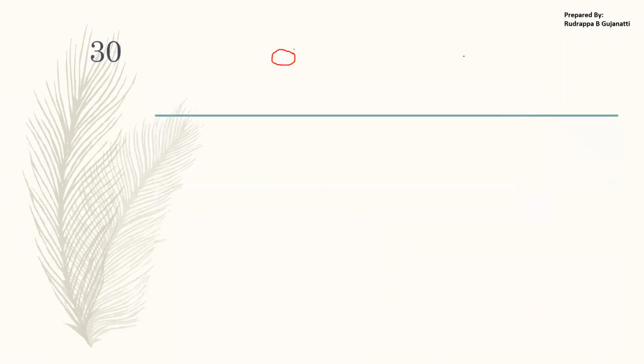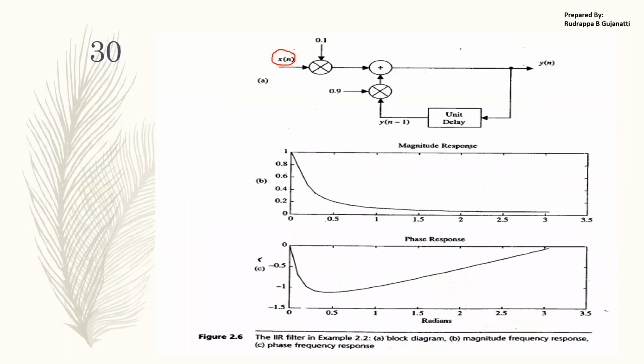So in order to implement the entire difference equation, you have x of n. x of n has to be first multiplied with 0.1, so I'll be getting 0.1 times x of n. This has to be added to the delayed version of y of n.